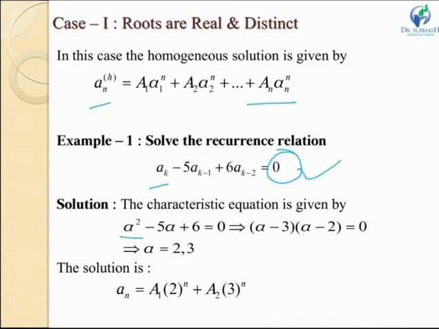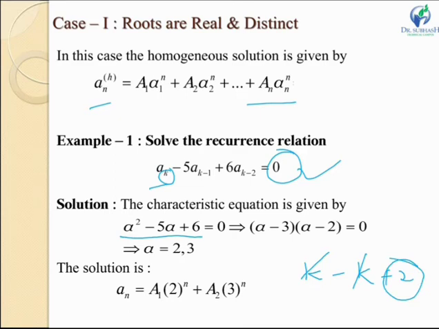Now how do you know that this equation will be in terms of alpha square only? For this we need to find the order, and what is the order of the equation? Highest minus lowest subscript. Here the highest subscript is k and the lowest is k minus 2. So k minus (k minus 2) gives k plus 2, this k will get cancelled and 2 is our order.